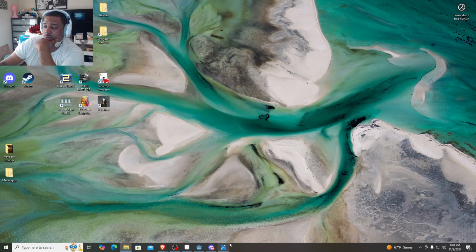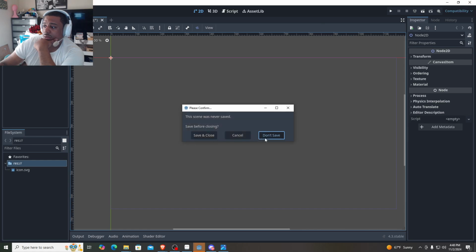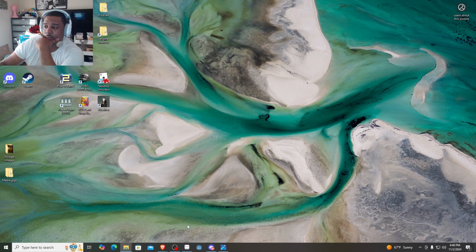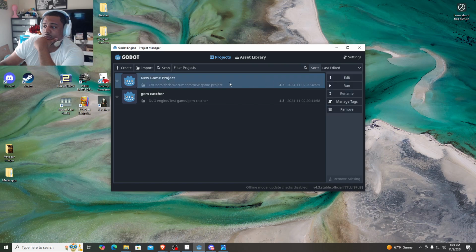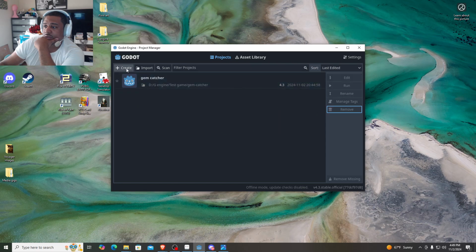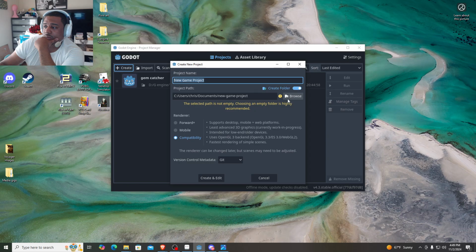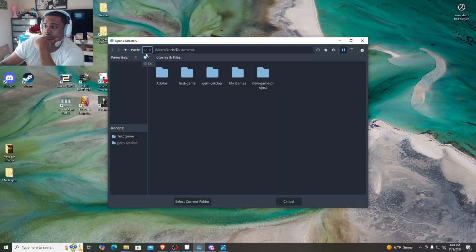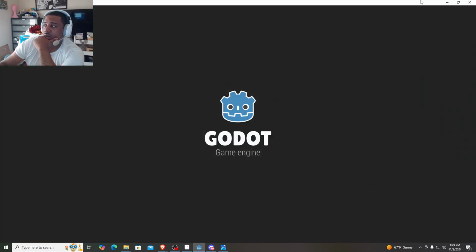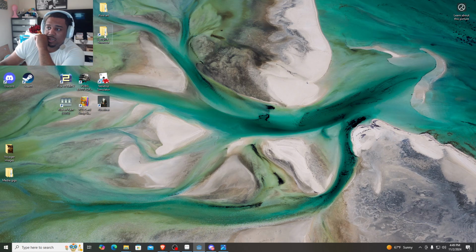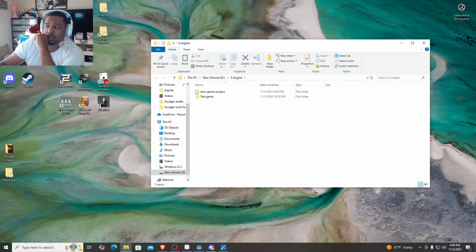No, something's wrong with that too. Hold on, don't save. It didn't open up the file in the right place. Yeah, it didn't open up the file in the right place. So let's just remove that. Create, browse, D, Godot Engine. Boom, test that out. Then what's left? So do this, and then everything's in there, and then